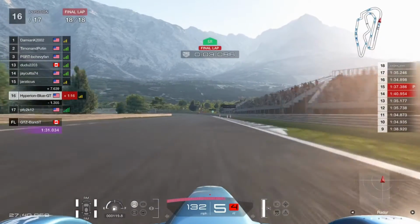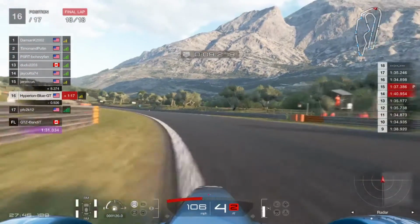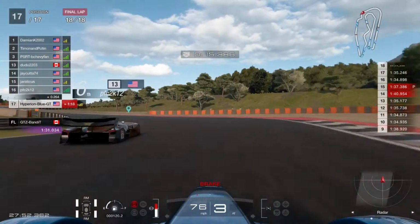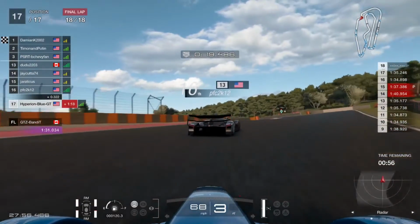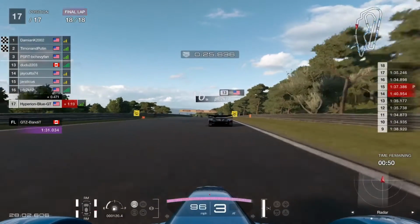Now it looks like this is going to be very good to see how the separate drivers are still going at it, and then the top 3 drivers are going to take the final stretch at the final corner at the flying circuit. Looks like PFC 2K12 passes me, and now I'm in last place for the moment, folks, and looks like Damien K 2002 takes the winning spot